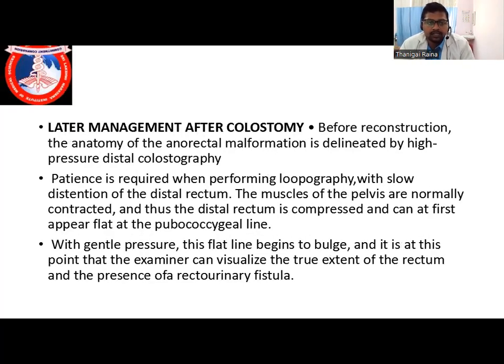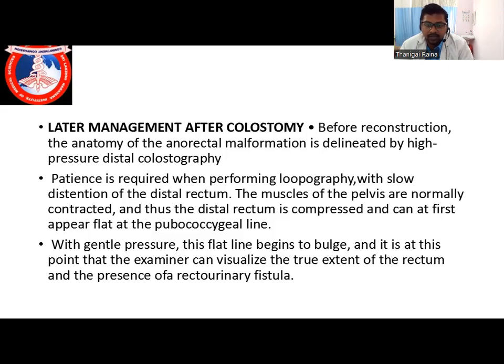So, later management after colostomy. Before reconstruction, the anatomy of the anorectal malformation is delineated by high pressure distal colostography, as I discussed in the investigations. Patience is required when performing the loopogram, with a slow distension of